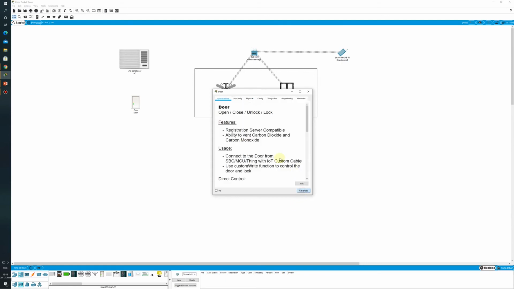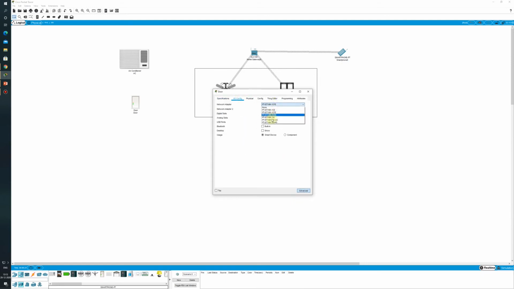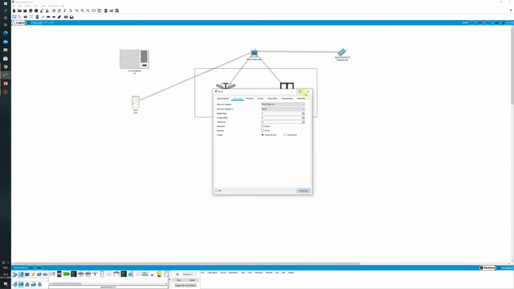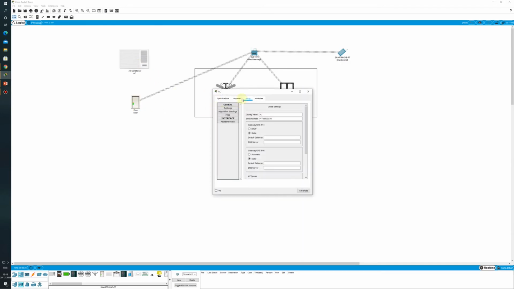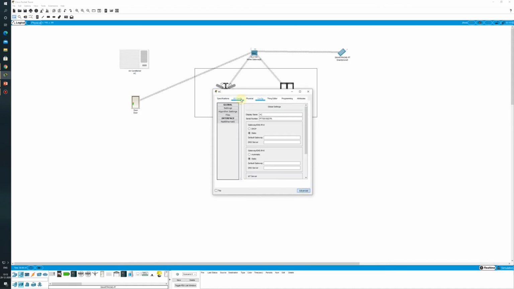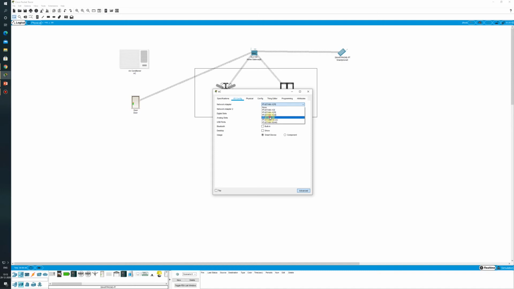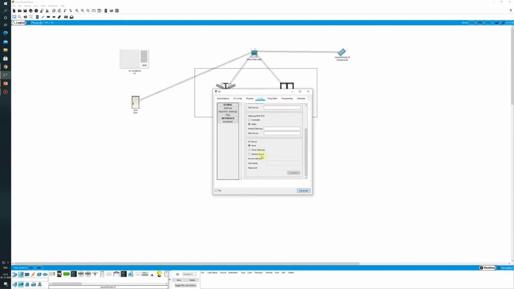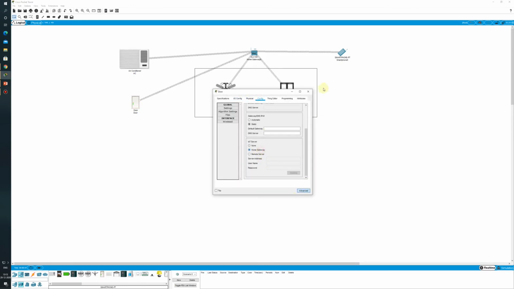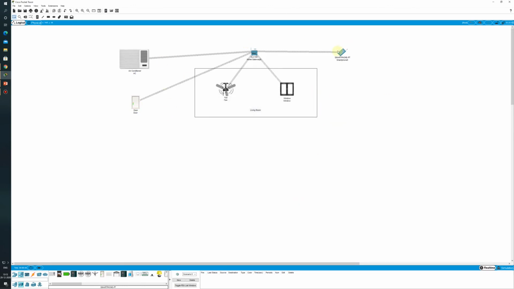Next we will go to the advanced tab and again select the wireless interface. The door is connected. Now I will connect the AC, and inside the config tab I will select home gateway. So all the configurations have been done and both the devices are connected.